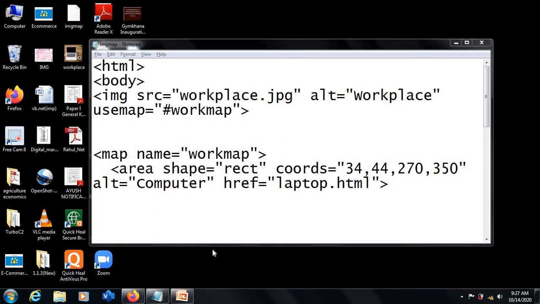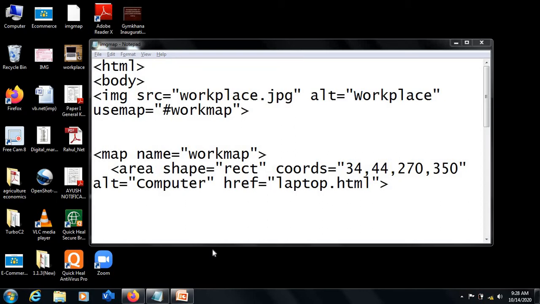So far, what we have learnt is that using IMG SRC, we can insert an image or a number of images in a single web page. And using href, that is hyperlink, we have learnt how to connect one text to another file, or one image to another file, how to link the objects. Extending the same procedure, with image map a single image can be divided into further parts, and each and every part can have a link to another web page.